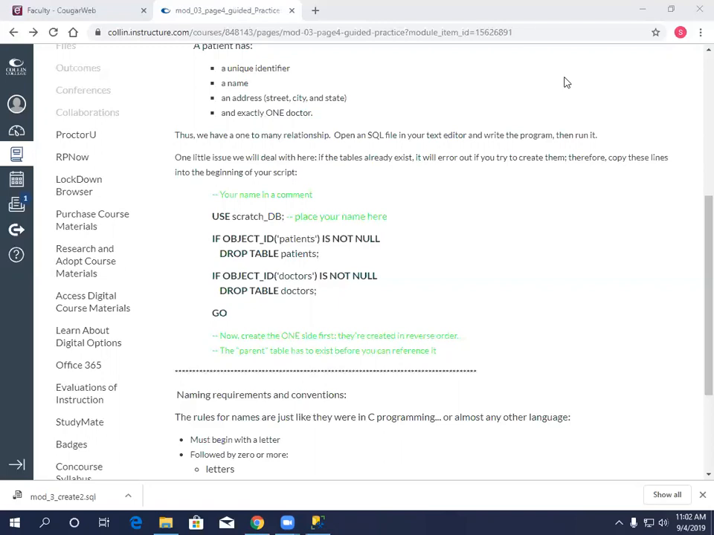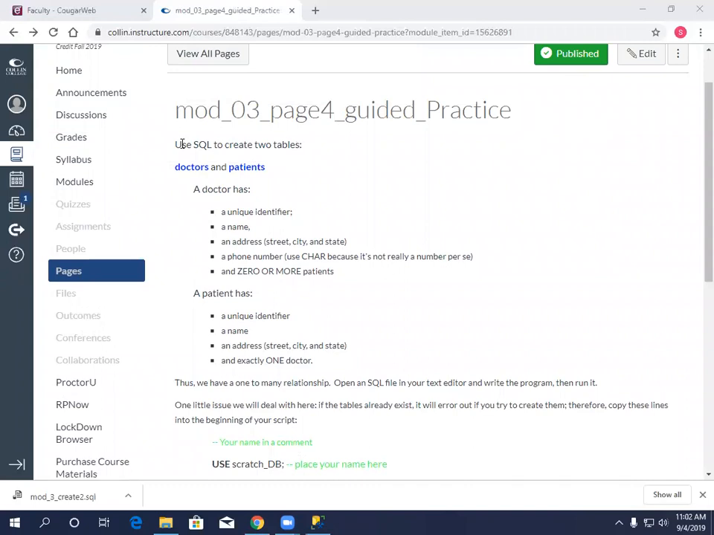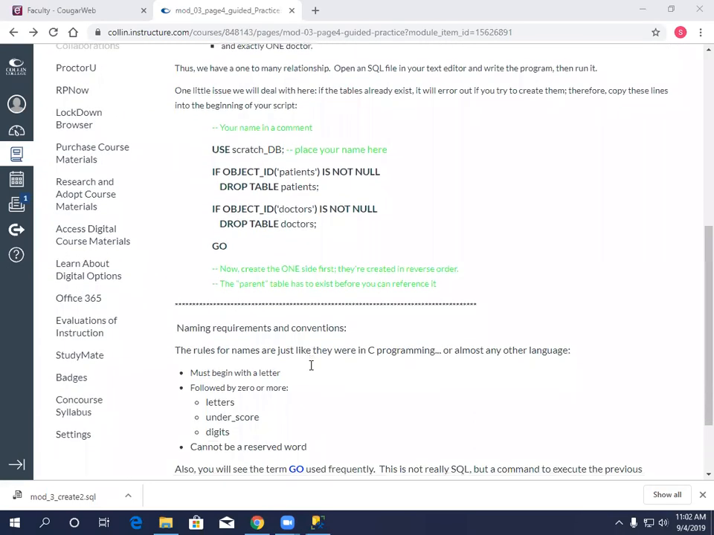Anyway, let's look at what we had there. This was a guided practice: use SQL to create 2 tables. This looks a lot like a test question. Doctors and patients. A doctor has a unique identifier, a name, an address (street, city, state, that should be 3 fields), a phone number, and 0 or more patients. A patient has a unique identifier, a name, an address, street, and exactly 1 doctor. And so the way this is going to set up,